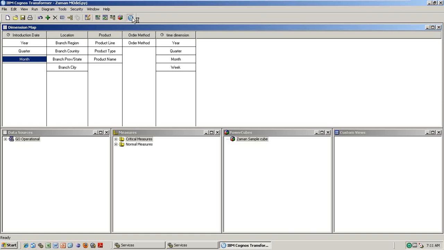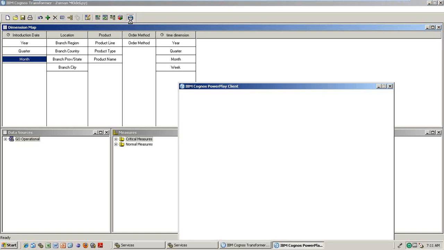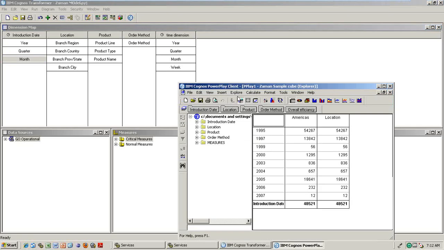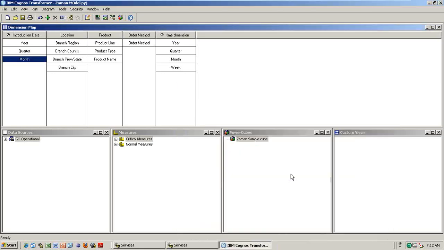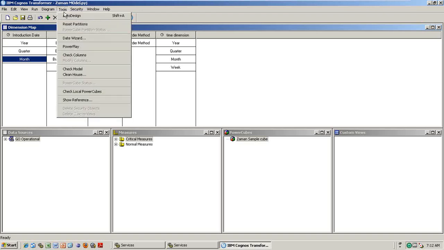By clicking this button, you may not get the cube, because IBM Cognos PowerPlay client is the 7th version. I integrated it with the 10th version, so I am able to see it. Before publishing, I can see it here and then conclude. Then only I will publish. But for you, no, you need to publish to the Cognos connection, then check it out. If anything is mismatching, then you need to republish. So that is the PowerPlay.